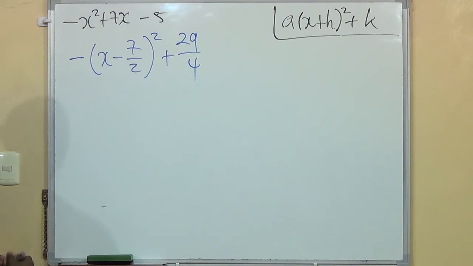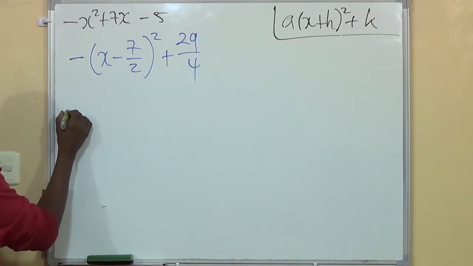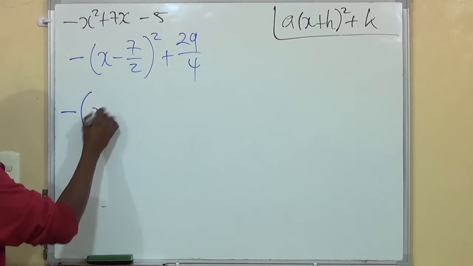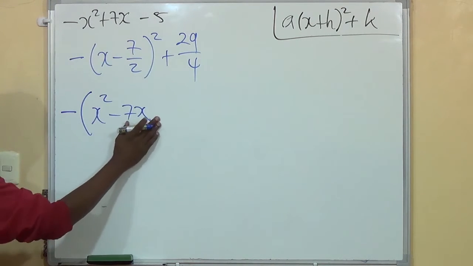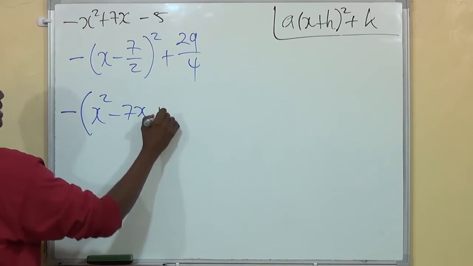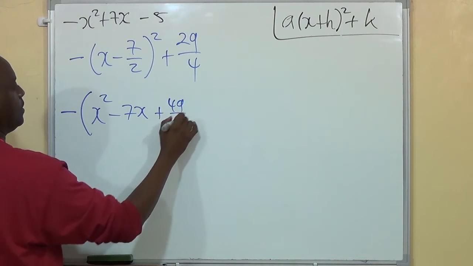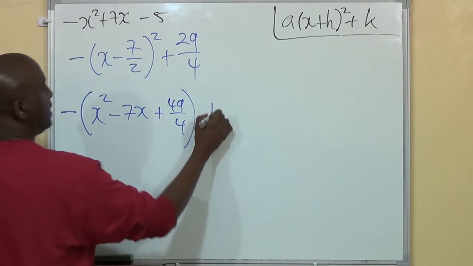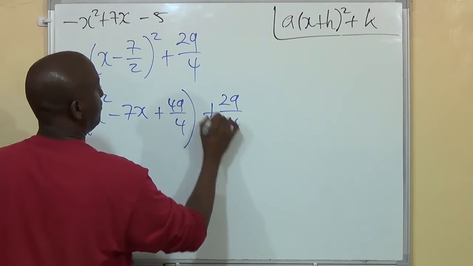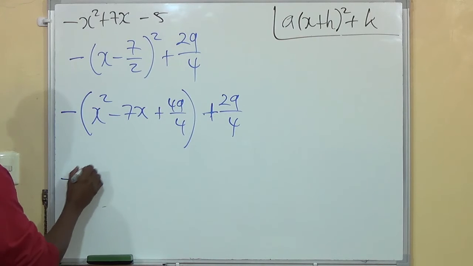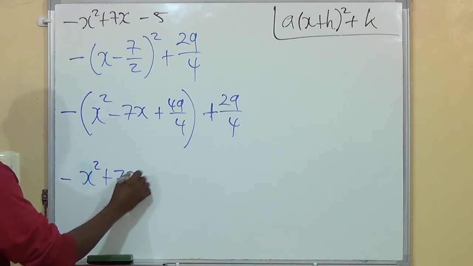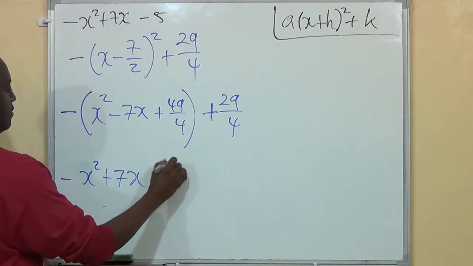Right? So the first thing we do is deal with the brackets inside here. So this is minus into x squared minus 7x. 7 over 2 by 2, of course, being 7. And 7 over 2 squared is plus 49 over 4. All in brackets. And then a plus 29 over 4 here. Alright? And then we just multiply everything inside here by minus 1. We do the expansion. And I get minus x squared plus 7x